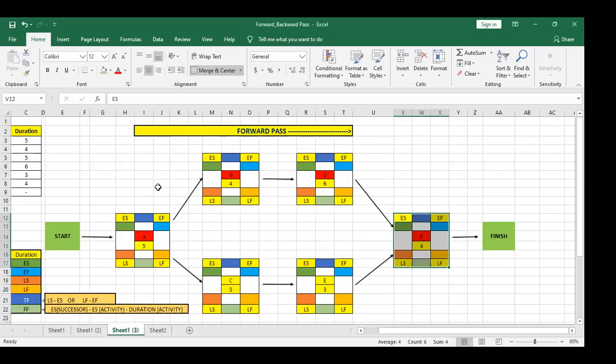Once I make the diagram, I have to calculate early start and early finish. Just bear with me. In the first step, we will perform the forward pass. In forward pass, we go left to right, and we calculate early start and early finish by adding. So if this is the first activity, let me zoom in.